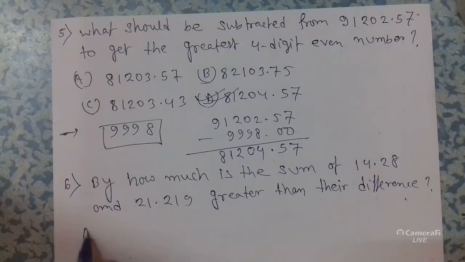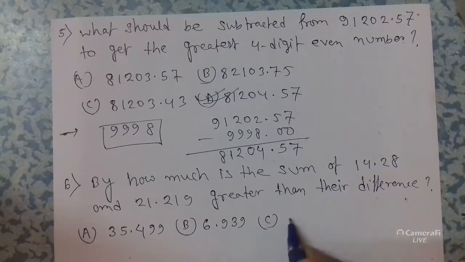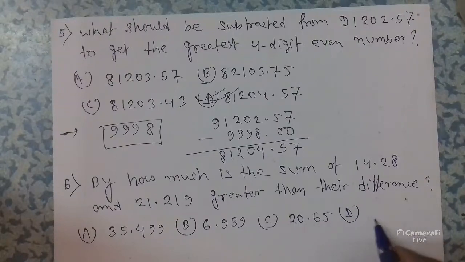The options are 35.499, 6.939, 20.65 and